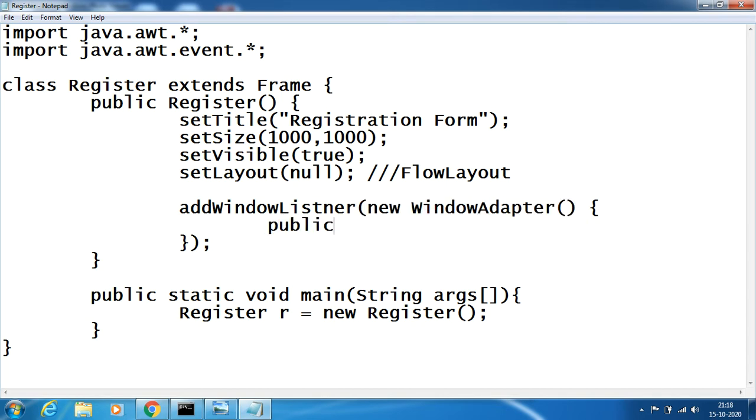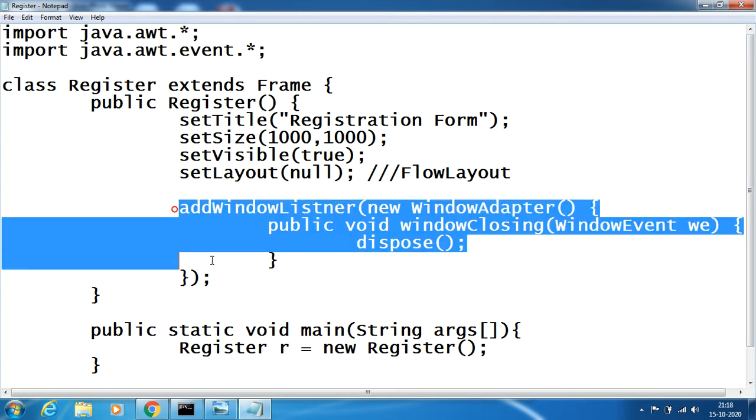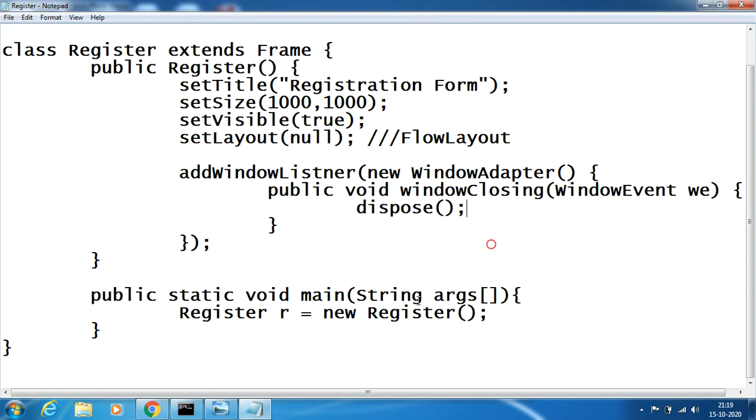Inside this we write a method, public void windowClosing, with a WindowEvent, and just say dispose. So this is an anonymous inner class which contains a windowClosing method, where we need to call dispose. Dispose is a method which makes the window close.